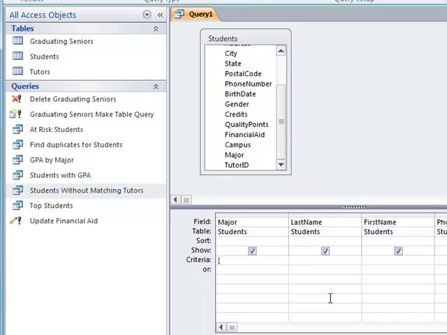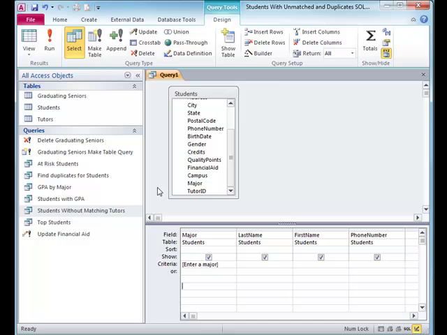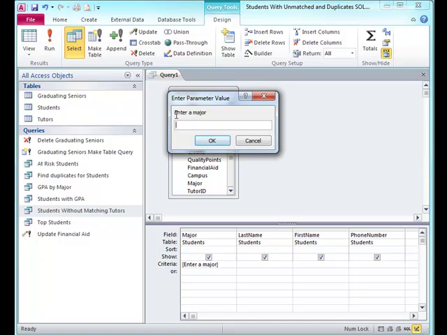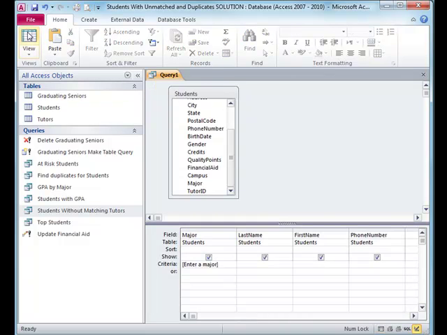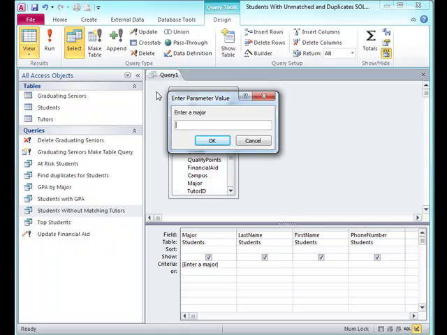Another thing that square brackets are used for is parameters. It doesn't really matter what I type between the square brackets, but it gives a little message box to help people. So I'm going to type enter a major, and then I'm closing the square brackets. So now when I run it, it prompts me, enter a major, and I can type in any major I want. So I see engineering now, and if I run it again, I'll type in